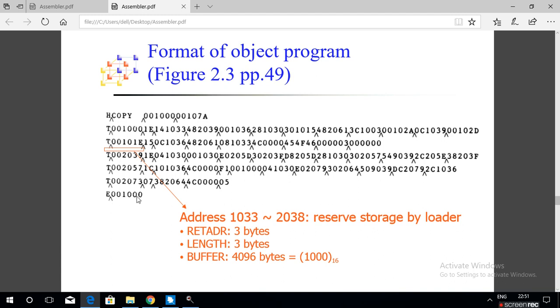And the last instruction is the end record. So this is the output of the assembler, which is the object program in the form of header record, text record and end record.